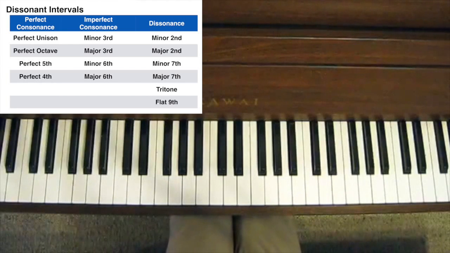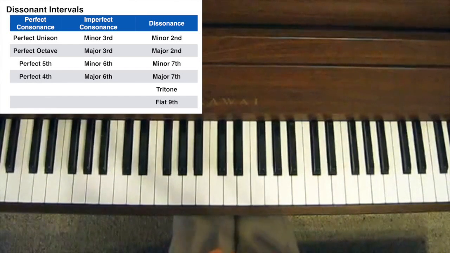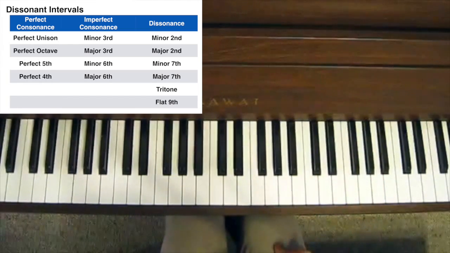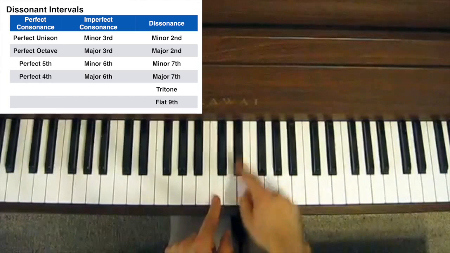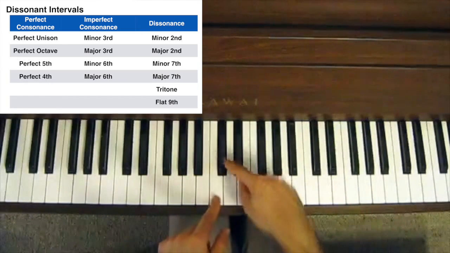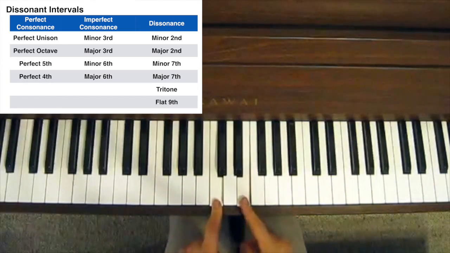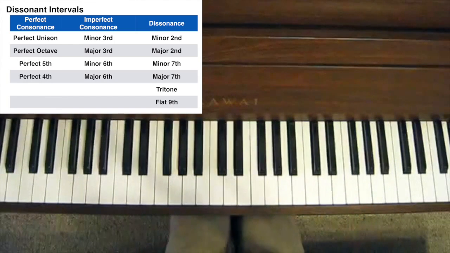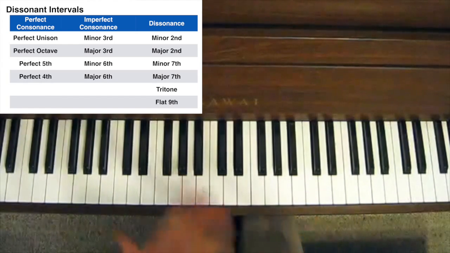In this video, I'm going to be discussing dissonant intervals and how to use them in improvising. So in an octave, you have 12 notes, and each interval, each gap between two notes, has a name like minor second, minor third, major third. Hopefully you know all that. If you don't, I've got a separate video that explains chords and intervals and how they work and stuff like